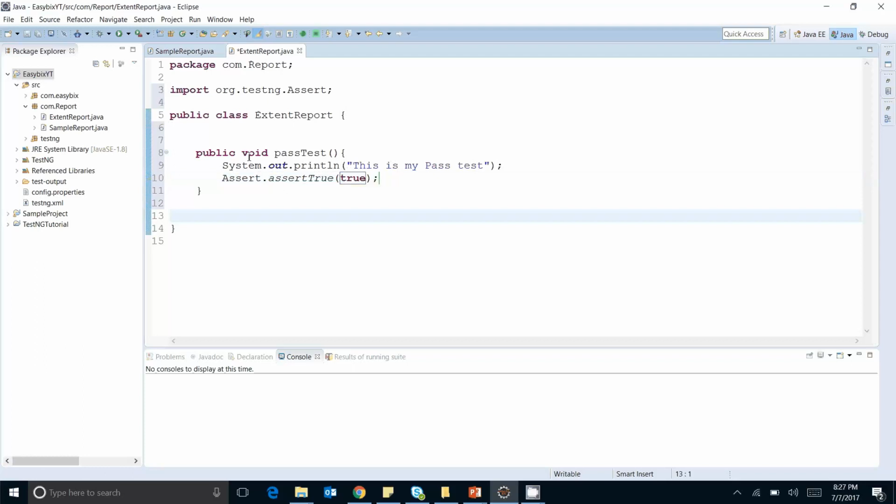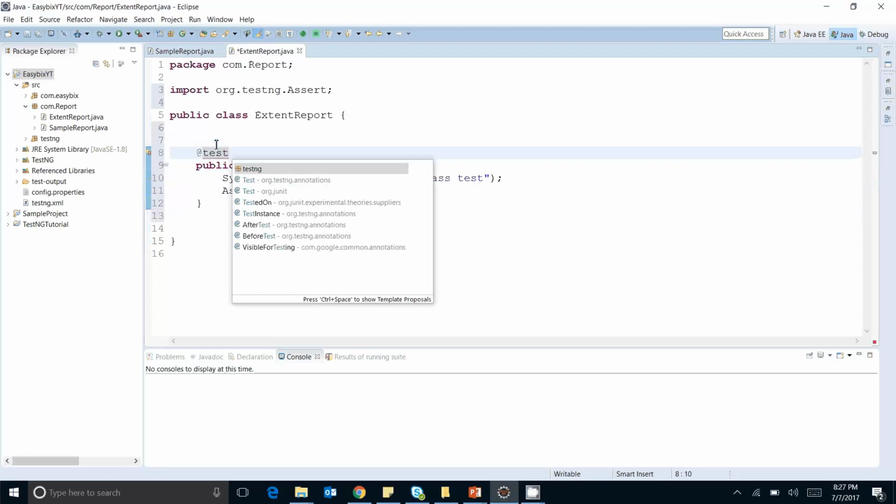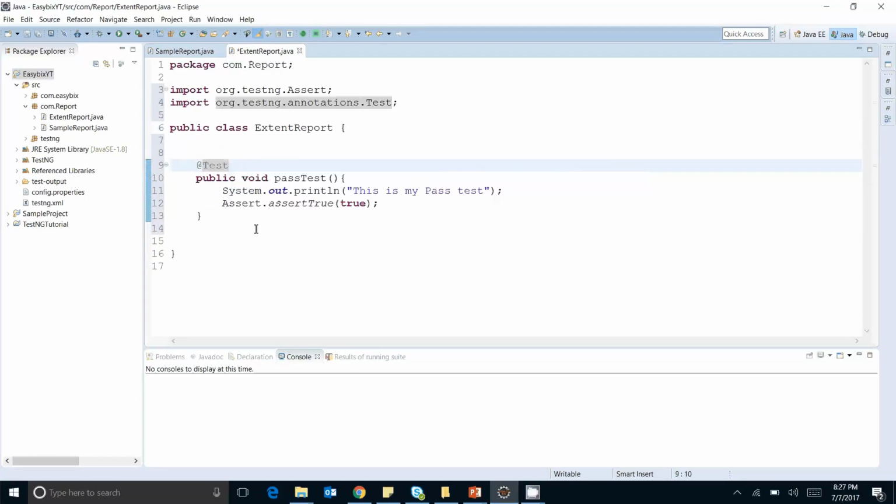So it will pass that particular test. I will put the @Test annotation with this test method.